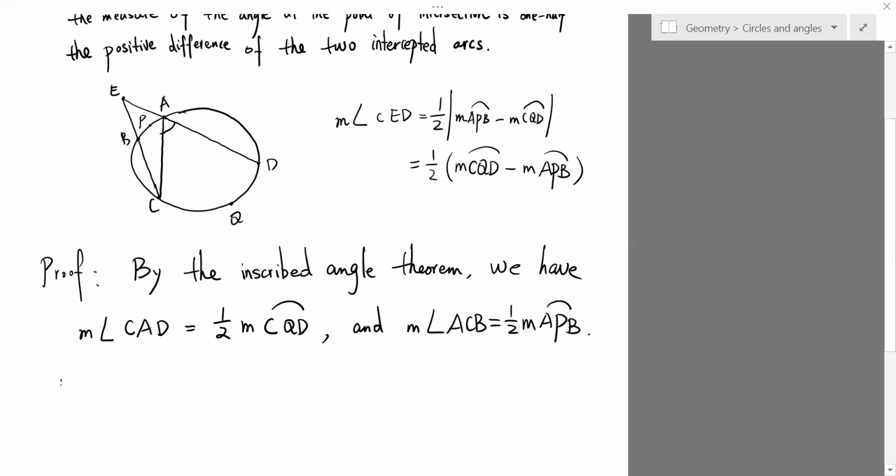So this observation that the angle DAC is an exterior angle of the triangle ACE